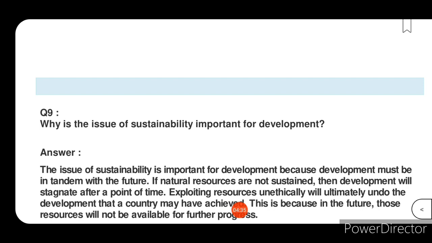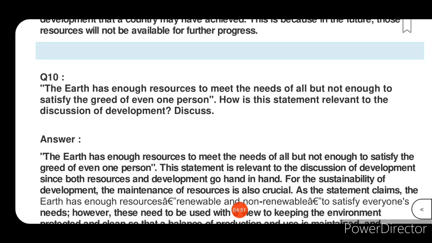Question 10. The earth has enough resources to meet the needs of all but not enough to satisfy the greed of even one person. How is this statement relevant to the discussion of development? Discuss. Answer. The earth has enough resources to meet the needs of all but not enough to satisfy the greed of